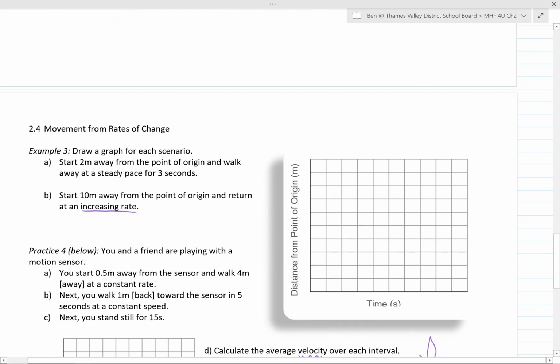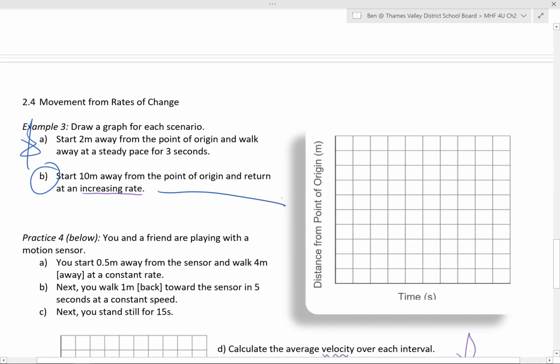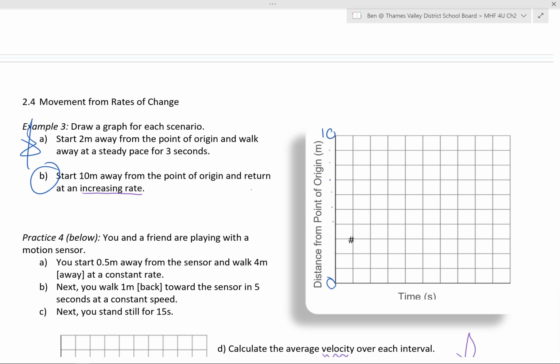Next, I want to take a look. You should be able to handle something like 3a, but I want to take a look at something like 3b, so we'll try that together. Okay, we're trying to draw a graph of the scenario that's going on. We want to start 10 meters away from the point of origin, so we'll go up 10. We'll say start at 0, 1, 2, 3, 4, 5, 6, 7, 8, 9, 10. Awesome, I left enough space for us. 10 meters away we start, and I do appreciate your patience from those chimes. We start 10 meters away, so we start right here, and we return, so we're coming back to the point